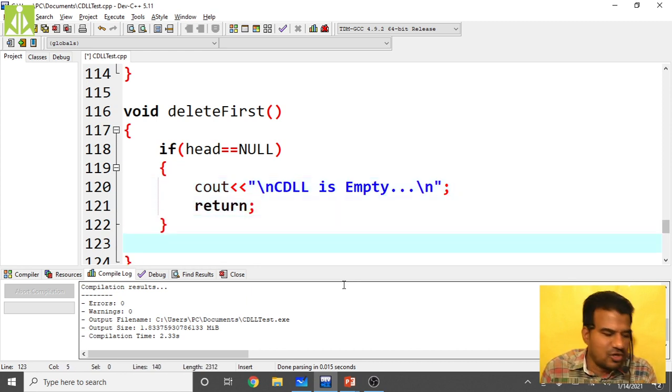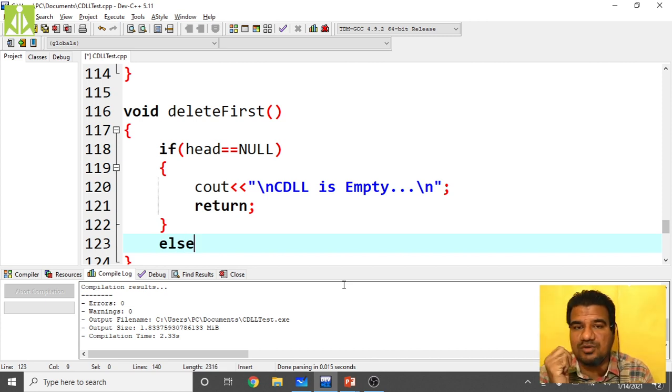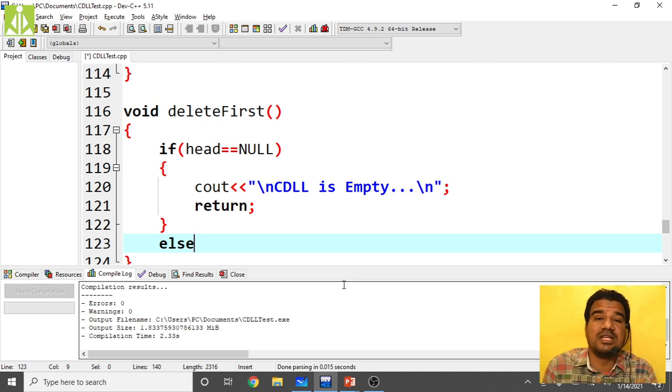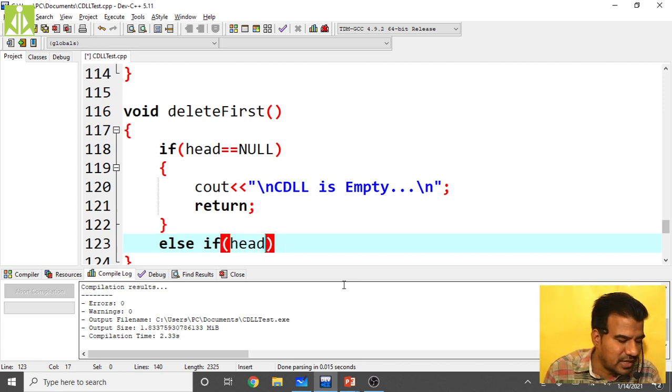Here two possible special cases we have to check. One, when the linked list is empty, and two, when the linked list has only one node. The rest is the third case. The first case I have already checked. The second case I have to check. How? Head equals head of next, or head of next double equals head, doing the comparison here.